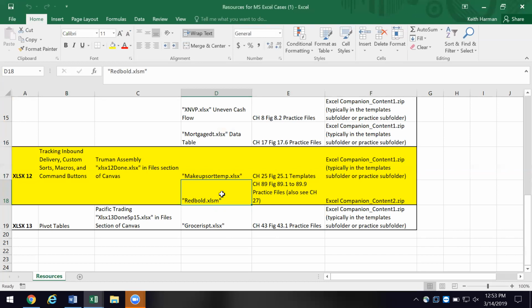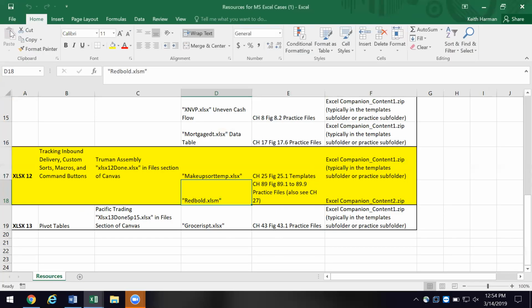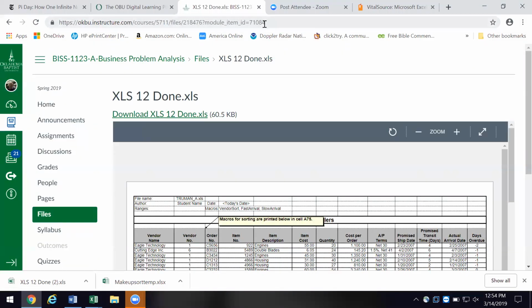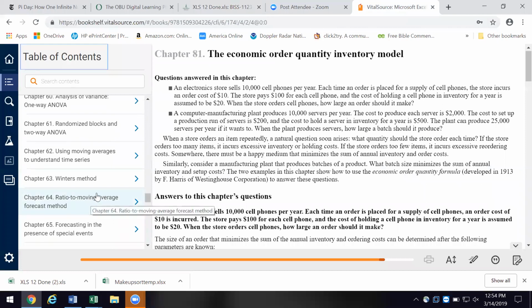back through. You can see figures 89.1 to 89.9, and that file is over in the second zip file. Now let's go over here for a moment and take a look at it. Okay, I'm going to go back up here to the Excel file, and over here to file source, and it's chapter 89,